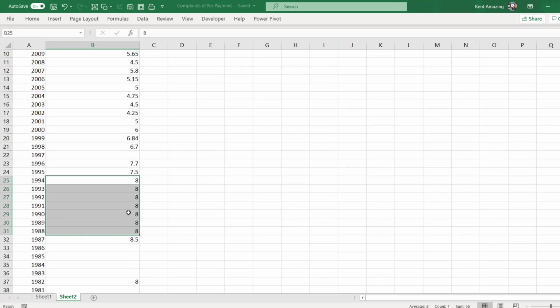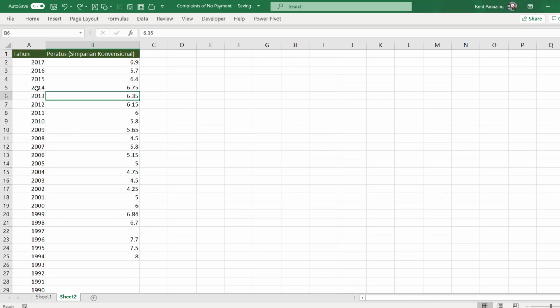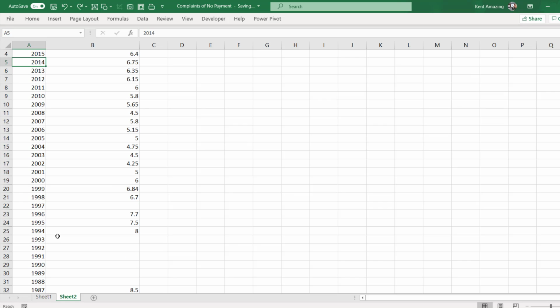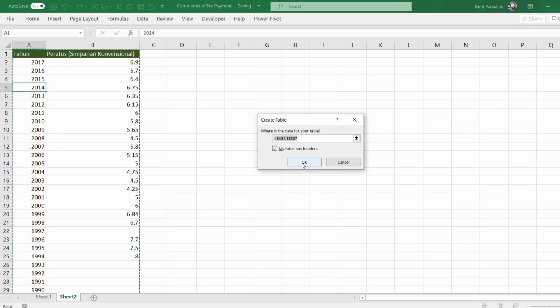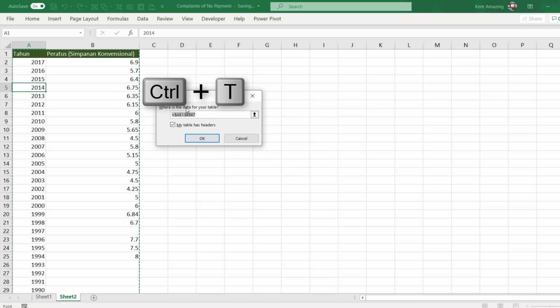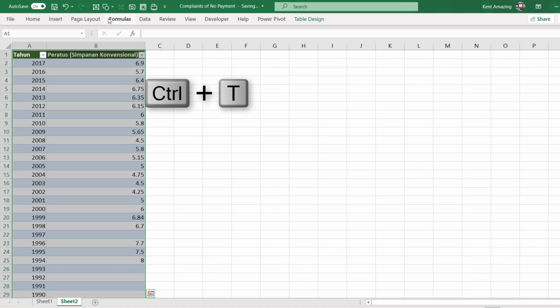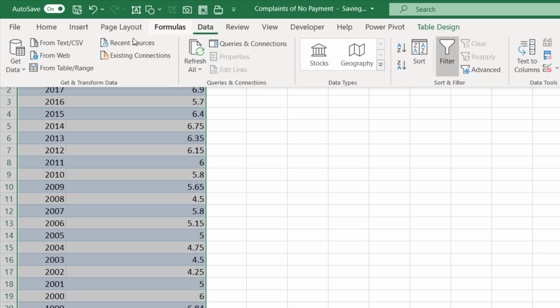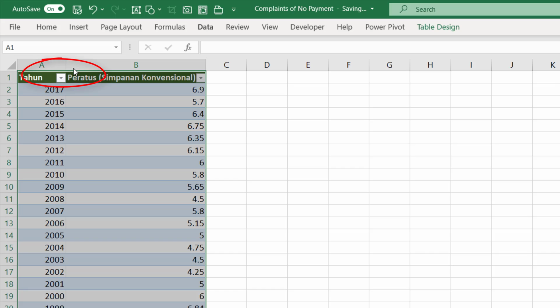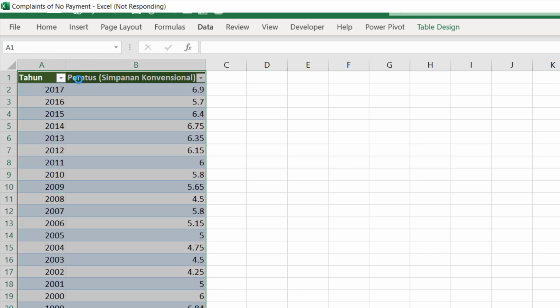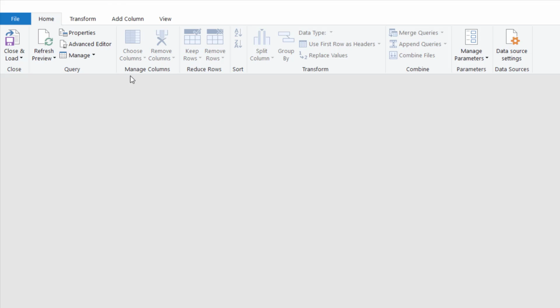Or if you have a lot of data, you can convert this into an Excel table just by pressing Control T, and then go to Data, and then go to From Table Range. Excel will open up the Power Query Editor,